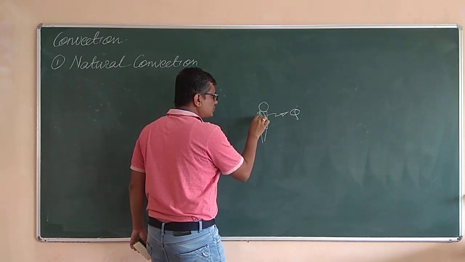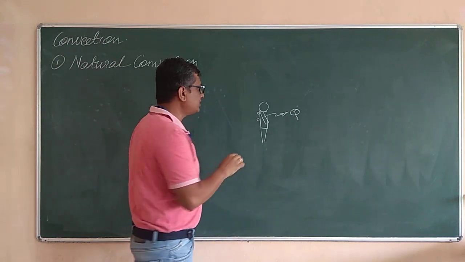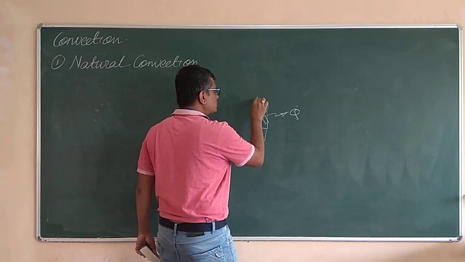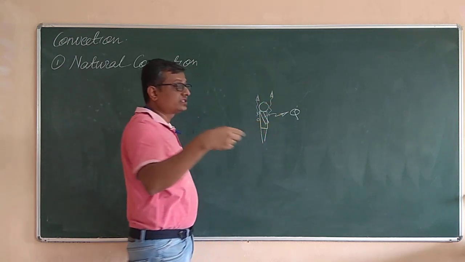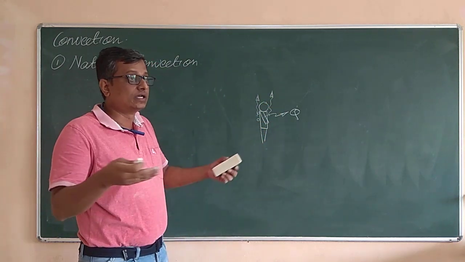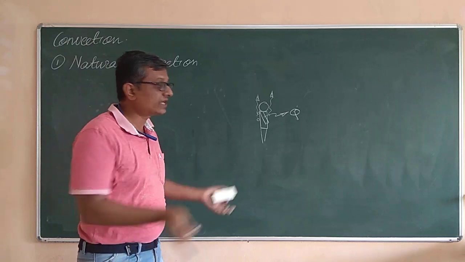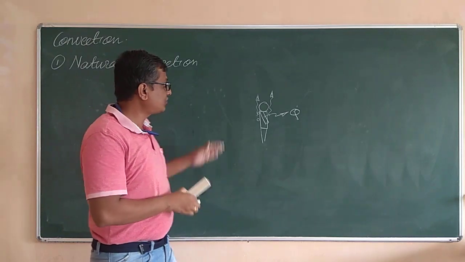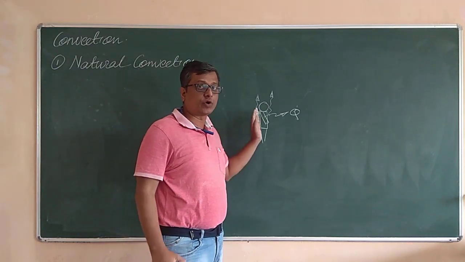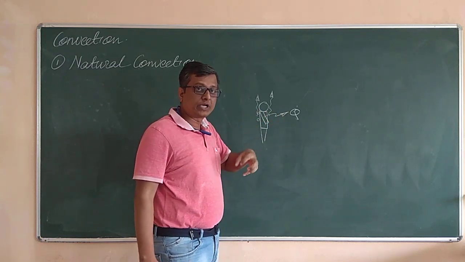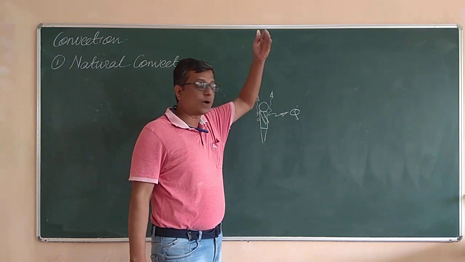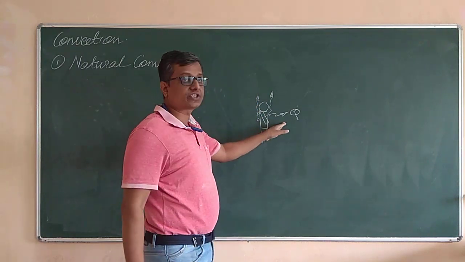The air molecules which come in contact with the human body will become light and will start to move up, and this motion of the air is occurring naturally. There is no force moving that air in the upward direction. The air which comes in contact with the human body will absorb the heat from it, become light and start to move up and up, and in that way the heat is transferred.